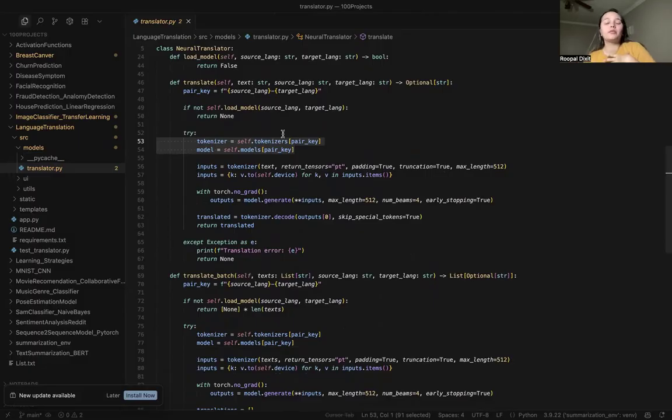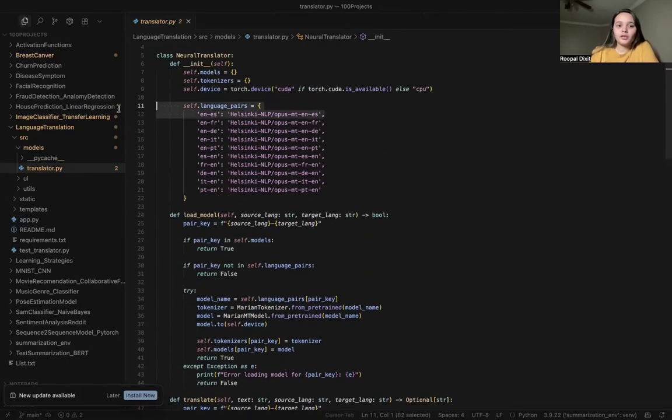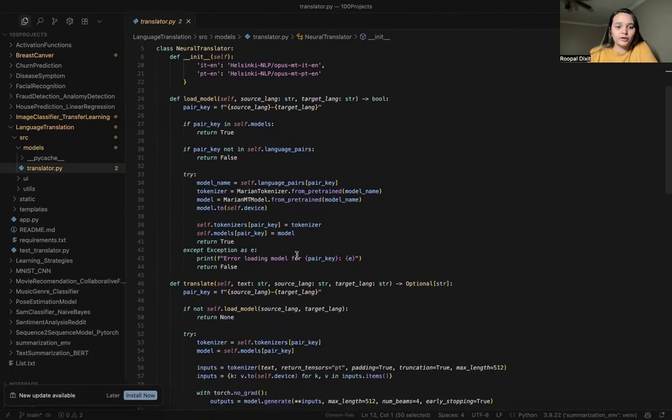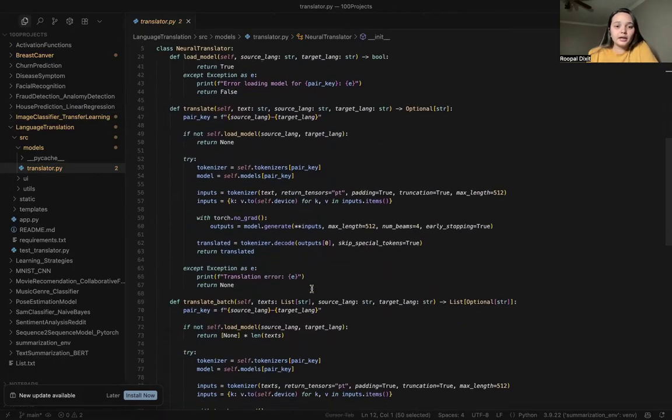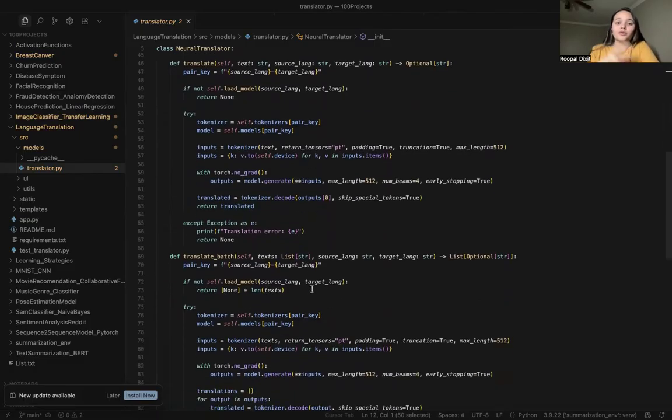For example, if I give the input hello everyone in English and want it converted into Spanish, this model will be loaded, and this tokenizer will also be loaded from Helsinki. Our input is put in front of this tokenizer, which takes the input and converts it into tokens.